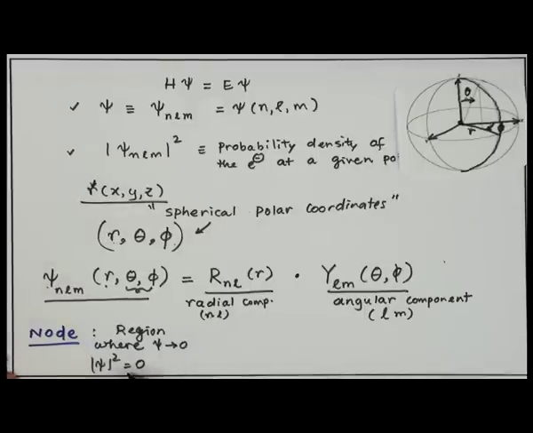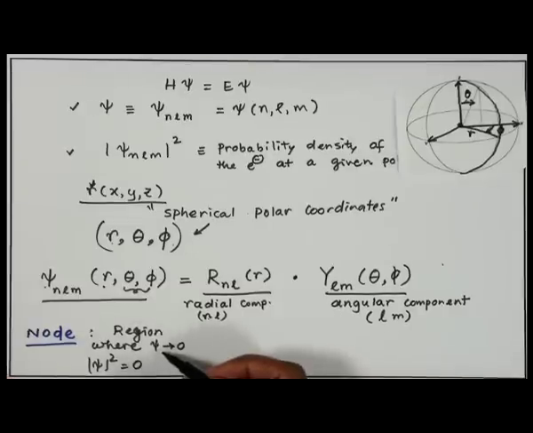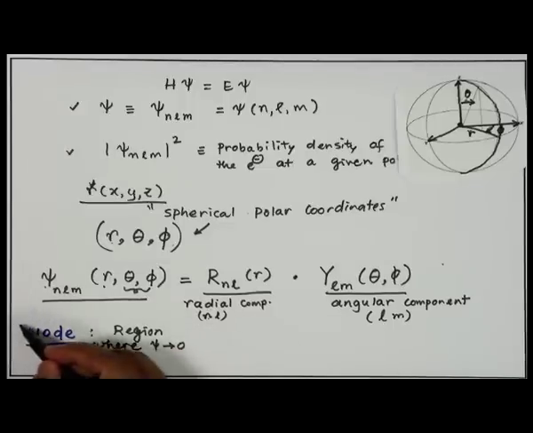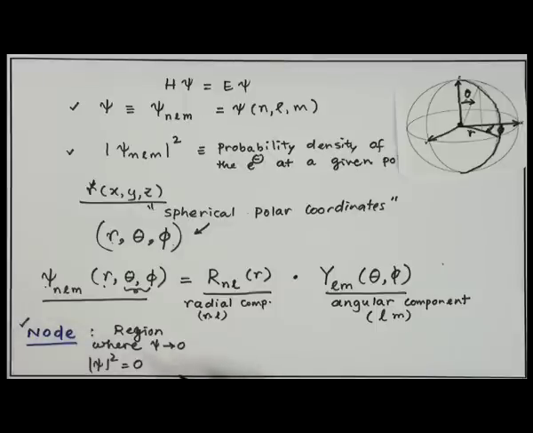If probability vanishes, what does that mean? That means that in that region you do not expect the electron to be present. The probability of finding the electron at that place or that point or that region is 0, and when that is the case, we call that region a